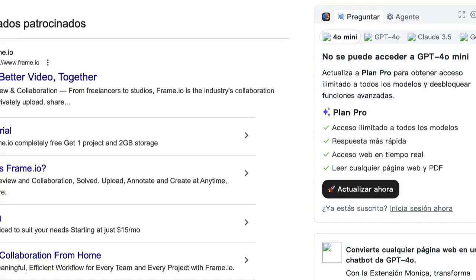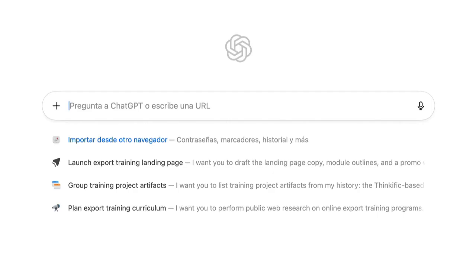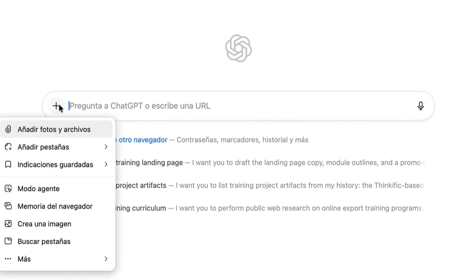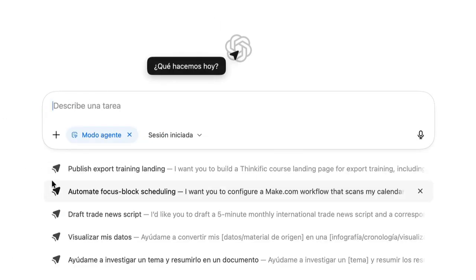And just so you know, I remind you that it's only available in the paid version. Or the other option is you can have it embedded, inserted into your ChatGPT browser, which is called Atlas, which is what I'm going to do, but it doesn't matter which way you do it. Let's say Atlas is a bit more convenient. If you look here, I have the Atlas browser, which is the ChatGPT browser that you can download for free from their website, and I'm going to ask it for agent mode. So in the plus menu, I click on agent mode, which is this one that appears here, and once it's in agent mode, it will do whatever I ask it to do.